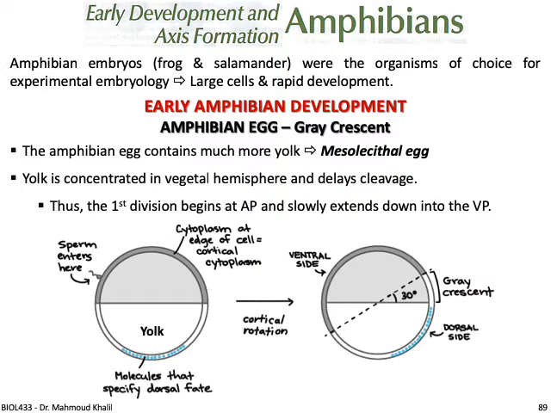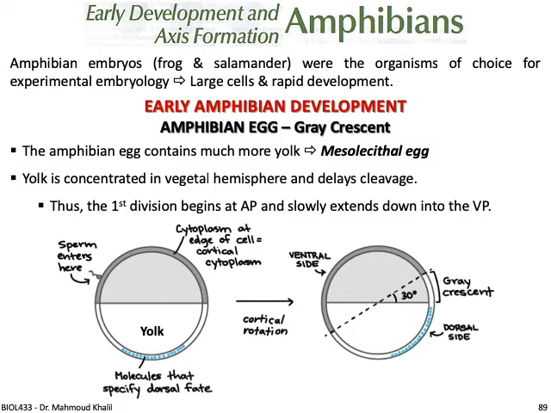You see that yolk is concentrated in the vegetal hemisphere, and this delays cleavage. Thus, the first cleavage begins at the animal pole and slowly extends down into the vegetal half. You can see that the molecules that specify the dorsal fate are located ventrally, the ones in light blue. The sperm enters from the left side, as you can see, and the